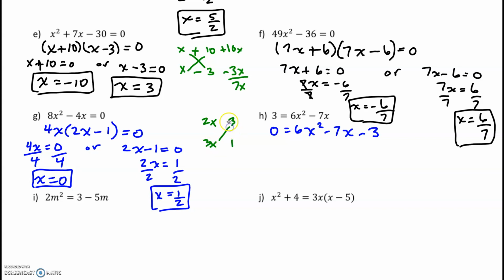So when I multiply, 3 times 3 is 9x. 2 times 1 is 2x, and that gives me a difference of 7x. I want it to be negative, so the 9 is negative and the 2 is positive. Okay, so I have my factors. So I'll have 2x minus 3 times 3x plus 1. All right, so from here now, step 3 is to set both factors equal